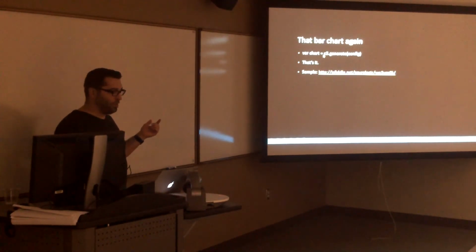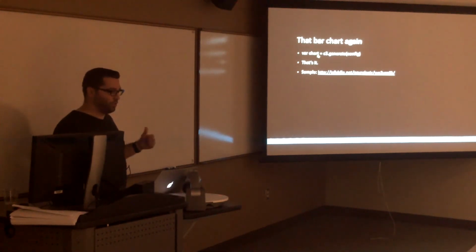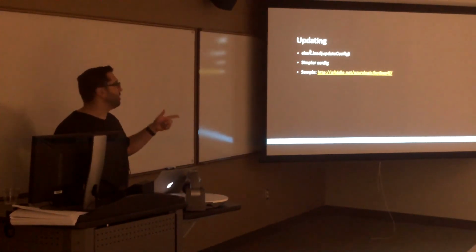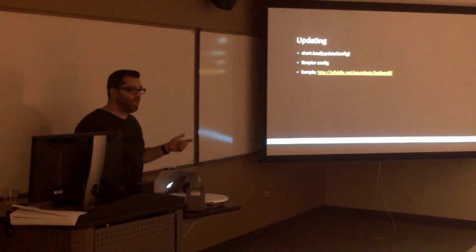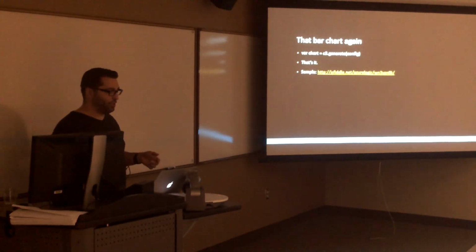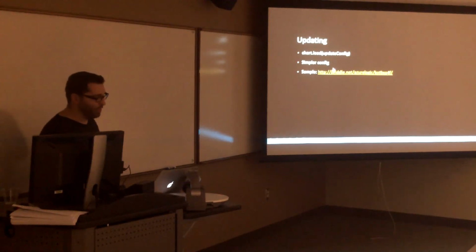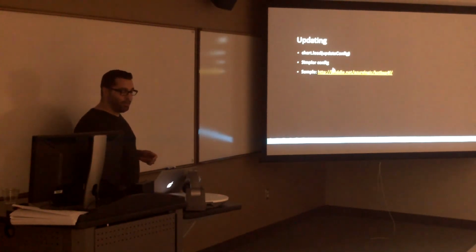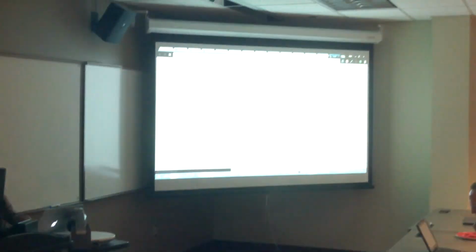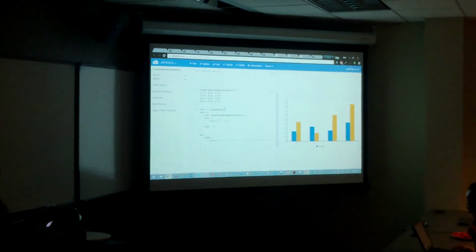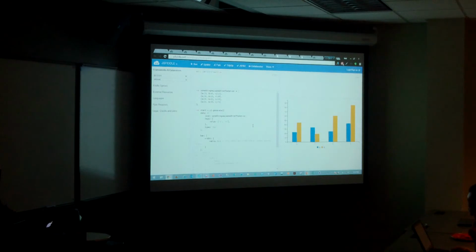So C3.generate returns a chart. We want to hold on to it so that we can update it. If you're not going to update it, you could just do C3.generate. But since we're going to update it, we want to hold on to that object so that we can call load on it. This has a simpler config that we pass into it, because you don't reconfigure every single piece about the graph. But I have a timer set that automatically brings in